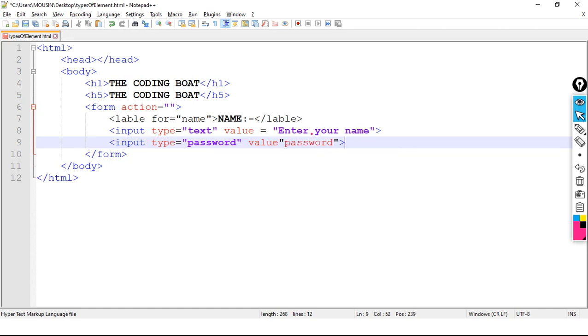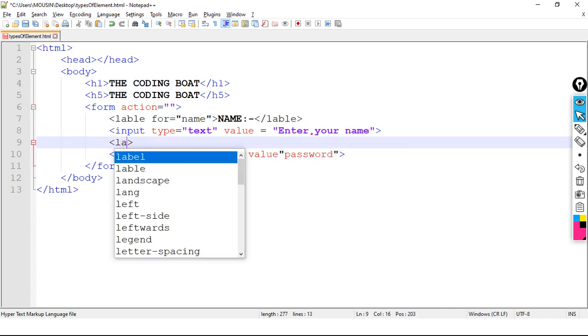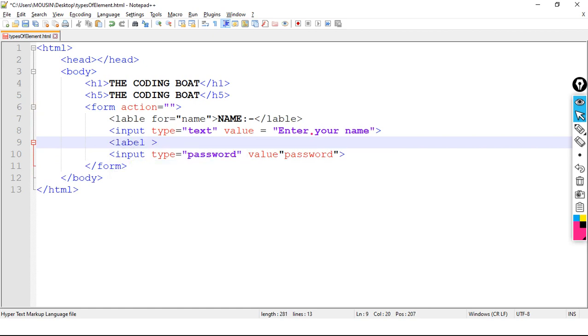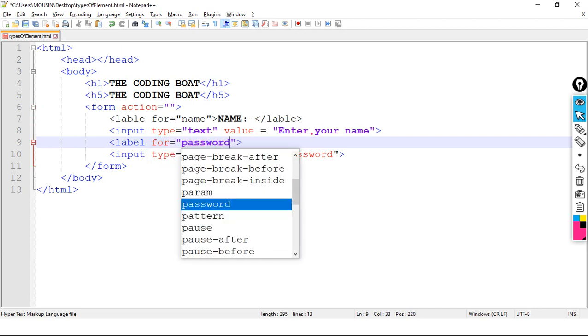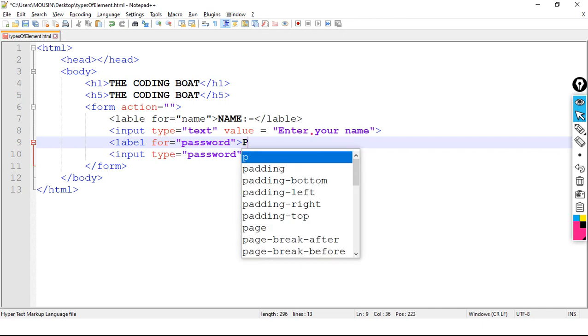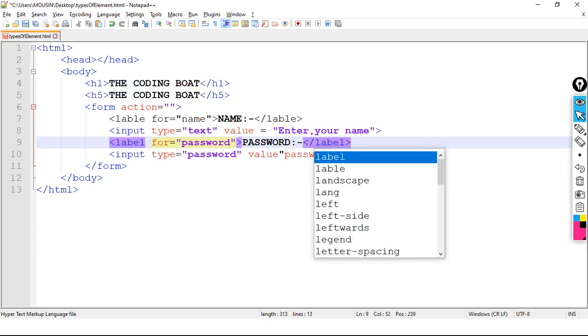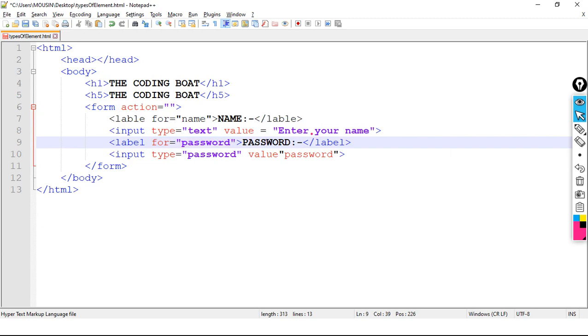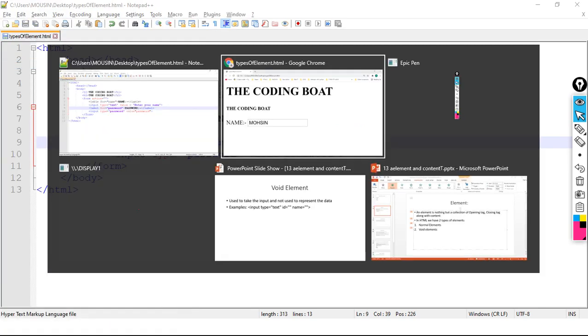Before that I have a label tag for password, and here the closing label tag. Let's save the code and just refresh.